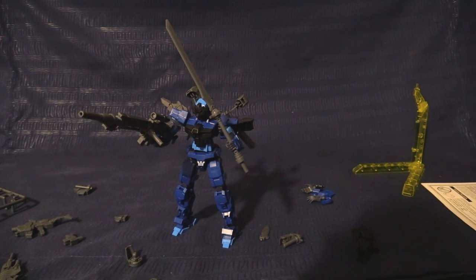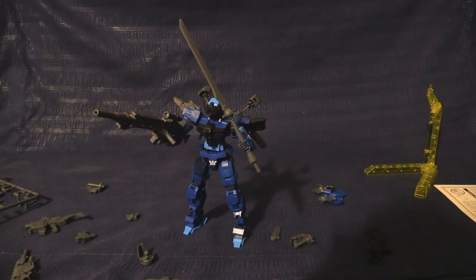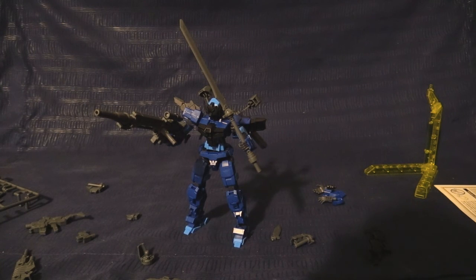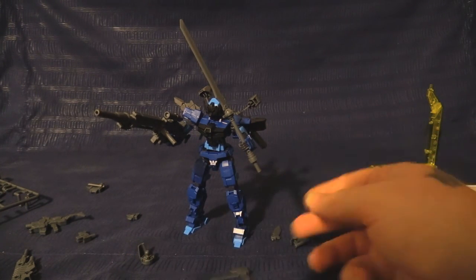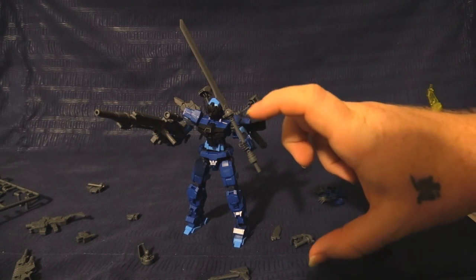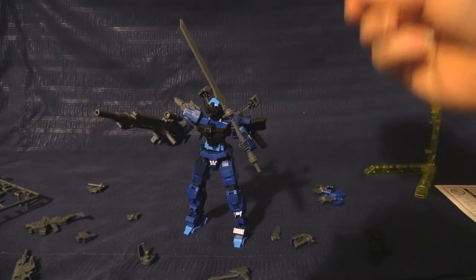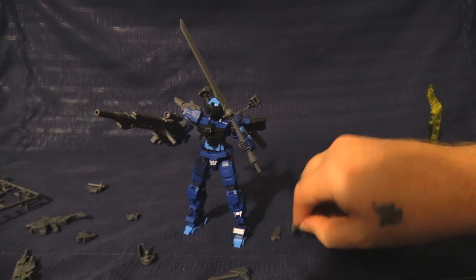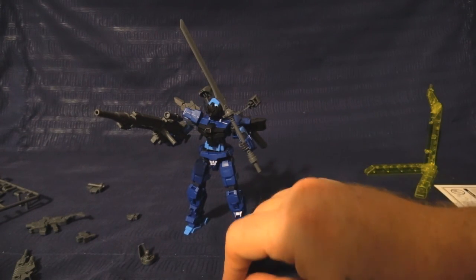I did some research before I finished building. I want to reset the camera because I kept bumping it. So I did my research, and what it turns out is that the options that I actually wanted are for Portanova Set 1. The big Gatling gun and an actual spear. Unfortunately, there doesn't seem to be any particular combination here that gives me a longer handle. I want a long handle. That's what I wanted. I thought this was twice as long. And there doesn't appear to be any combination here to extend this, because this is a tiny, like, square baby peg that is only designed